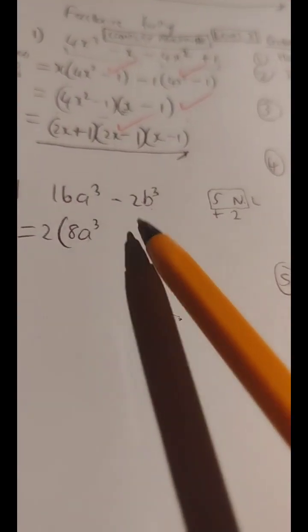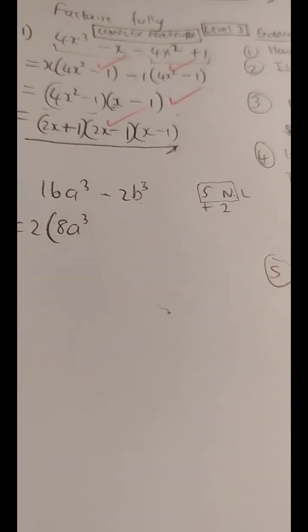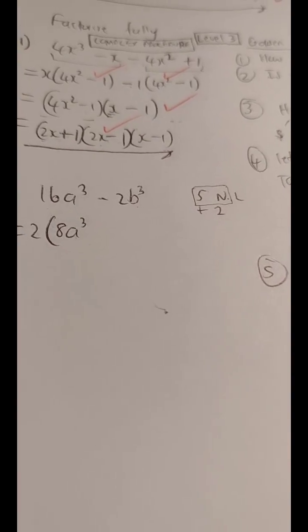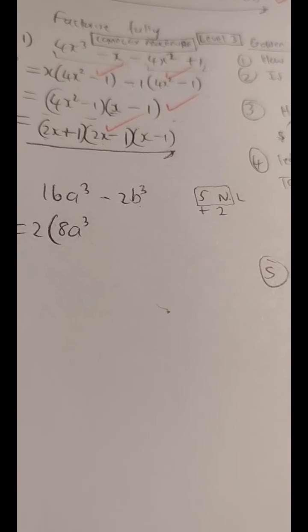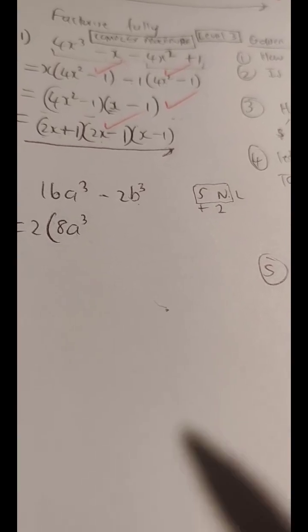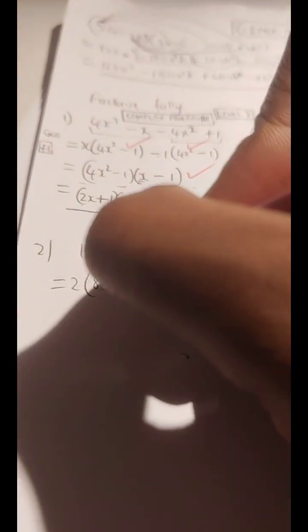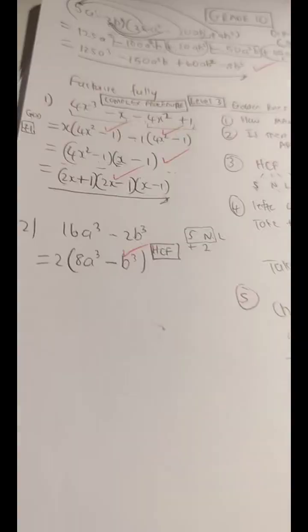Then 2 times what is negative 2b cubed? Okay, so we already have 2 out. What do we need inside for the second term inside the bracket? Of course, we're taking out a positive, so there's no change of sign that's going to be happening there. Signs are remaining the same. So yes, guys, we have a negative b cubed. Thank you, guys. Very good. Once we do this, we get the mark for actually doing highest common factor factorization accurately.